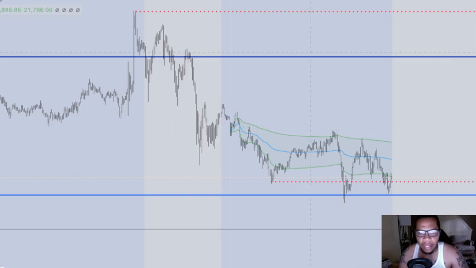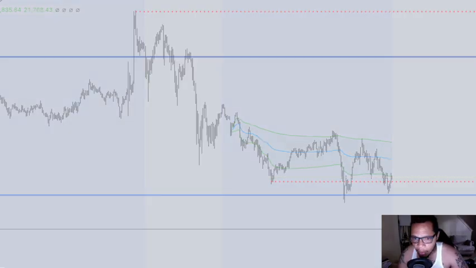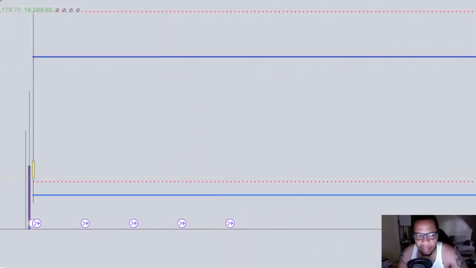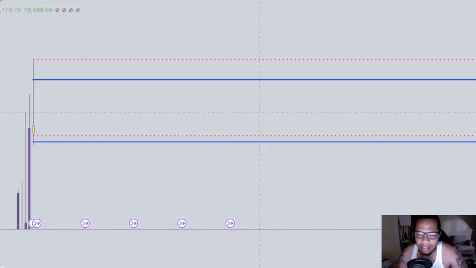So after I do that, I do what I call a top-down analysis, right? A top-down analysis is when you go from the higher time frames down to the lower time frames. You feel me? I start mine from the weekly time frame. I go all the way up to the weekly. Yes, I'm a scalper. I be in the market for a couple seconds,